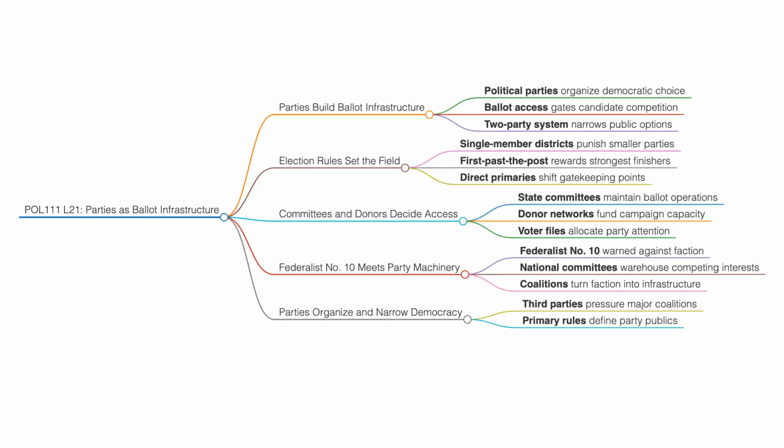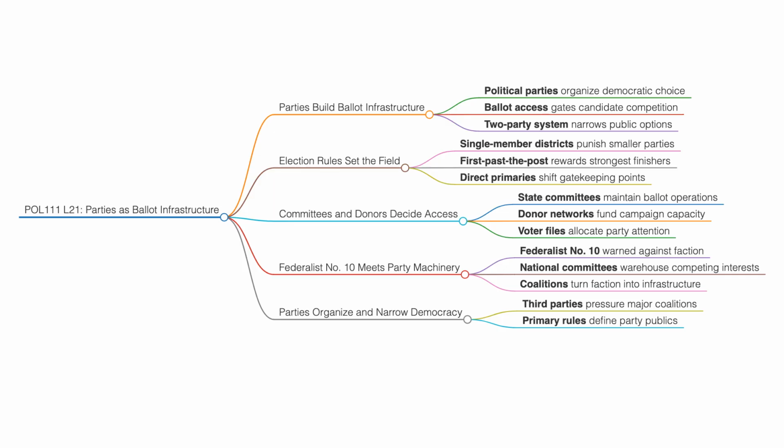Primary electorates often differ from the full public. Party activists pay closer attention. Donors and interest groups invest early. Candidates craft messages for nomination before pivoting toward the wider electorate. The party's gatekeeping role, therefore, starts before the general election and continues through endorsements, data access, staffing networks, and fundraising